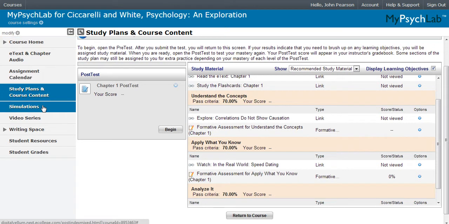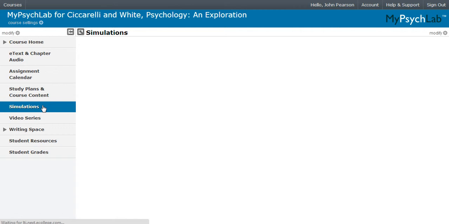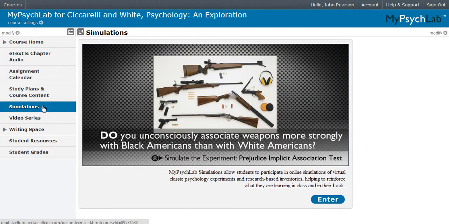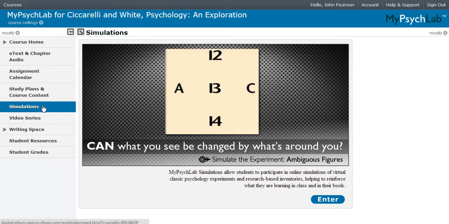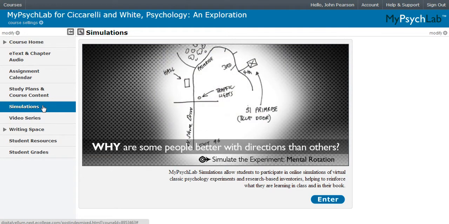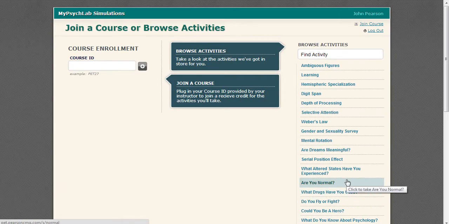So the next thing, I'm just going to quickly go through the simulation. The idea for the simulations is if you're big into experiments and having your students see the research side, this is a great way to get students interacting with different experiments. Students come in and they can participate as if they were actually